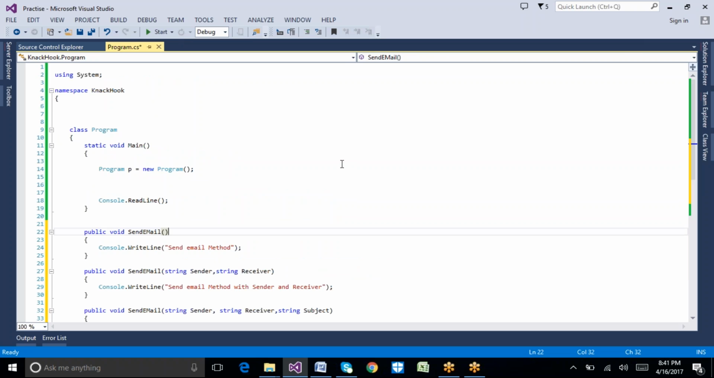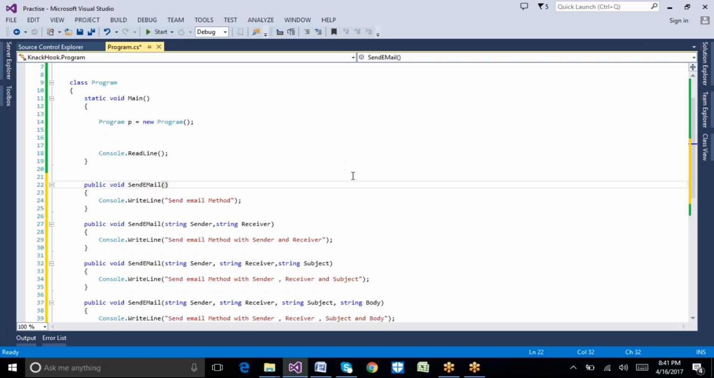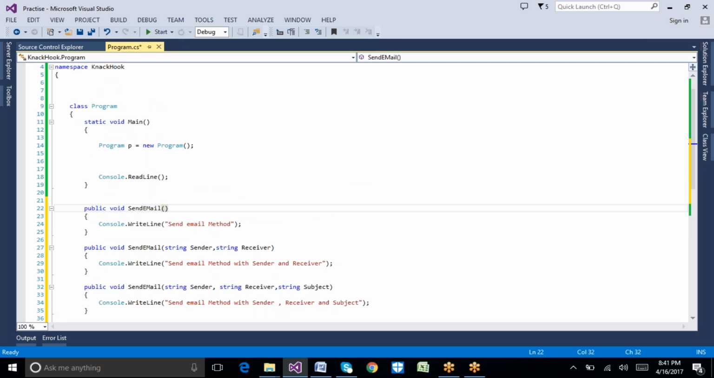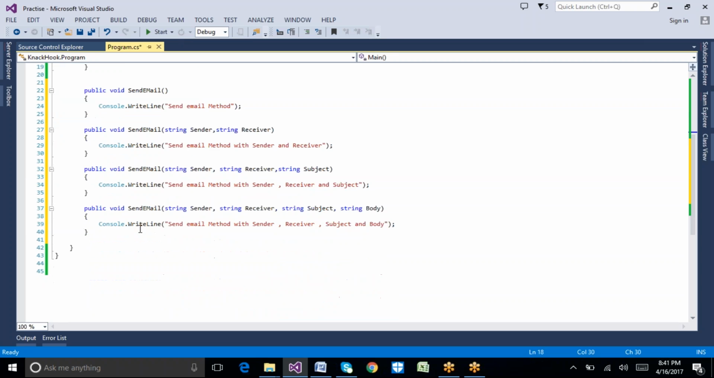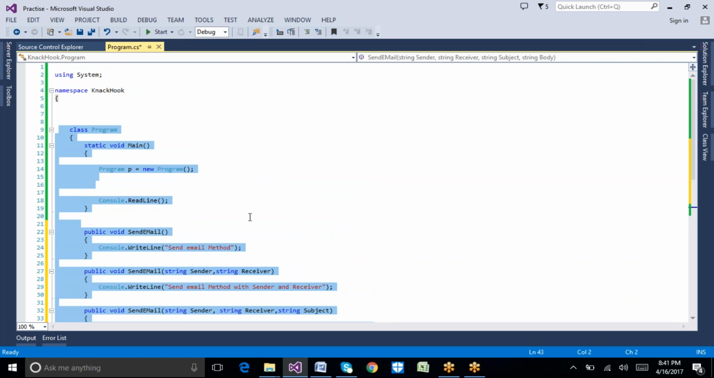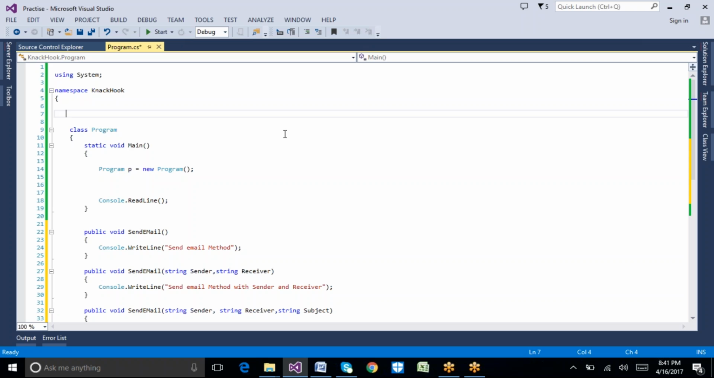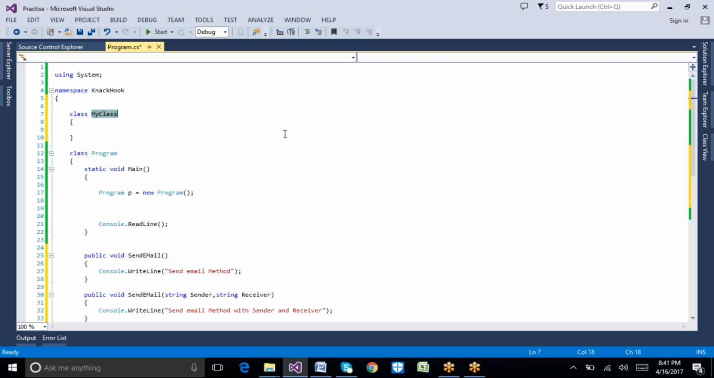I want to give one more point here. Method overloading always happens inside one class. So I will give one more example. For example, I have a class here, which is product. Inside that I have a method, public void